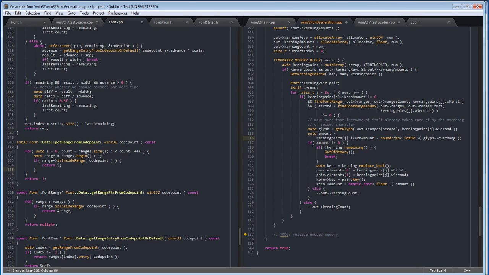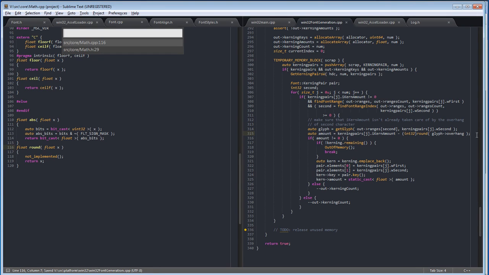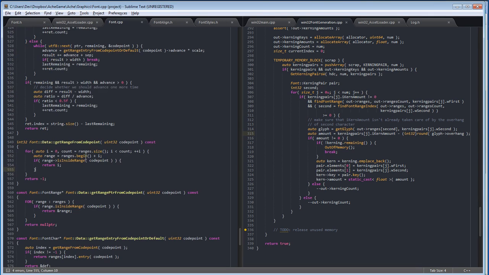Okay, round to 32. I don't have that. So we're gonna use this one. And I don't think I have round. No, it says not implemented. I will think in a second about how to implement that. For now,